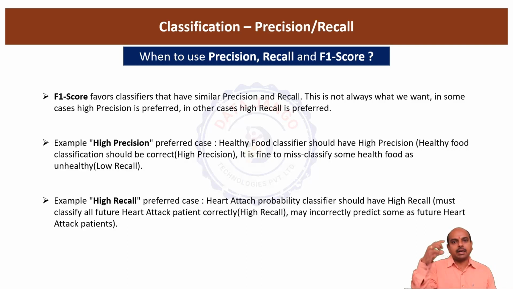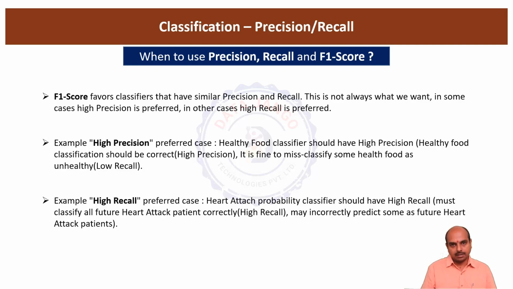Then we try to calculate F1 scores. The SVM's F1 score will be high because the precision and recall scores are close to each other, right? So this gives you a kind of wrong impression, one thing. And the second thing is, in real-time cases, you will not get the precision and recall scores close to each other. And sometimes we may need the model to give more precision, and in some cases we may need the model